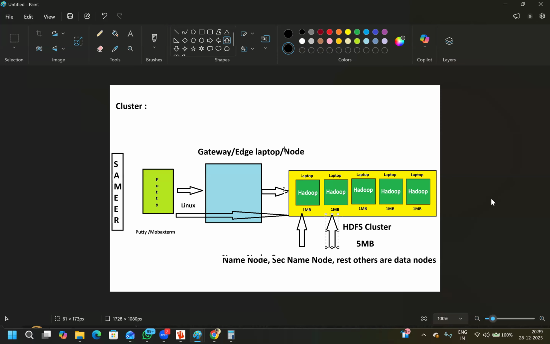If you want to communicate with the gateway laptop, then you have to use Linux commands. The reason being, the gateway laptop OS is a Linux system. It's a Linux OS, so it will understand Linux commands. If you need to communicate with the Hadoop cluster, HDFS cluster, then you have to use Hadoop commands. And